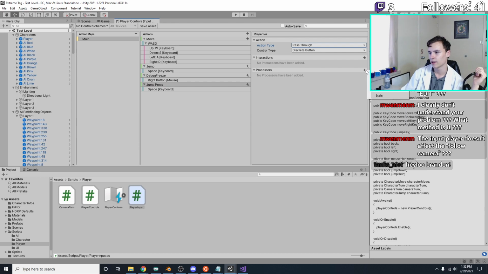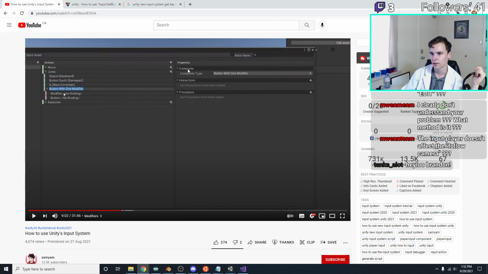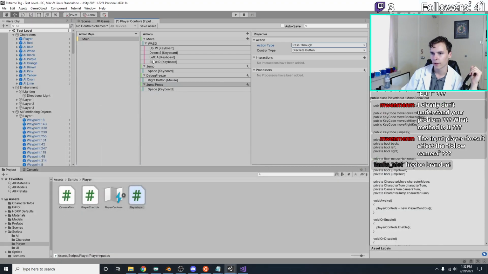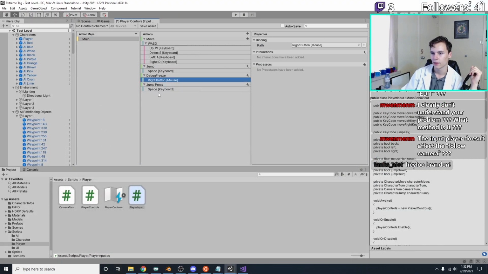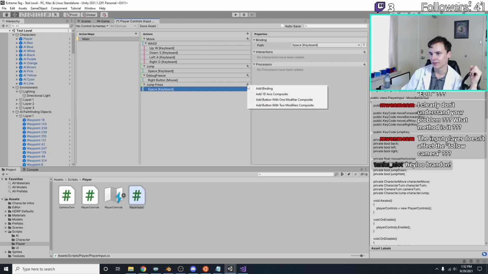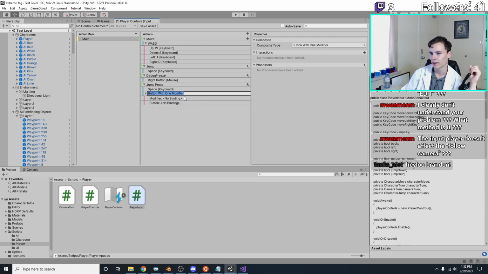What menu is this? Composite. Okay, so button with one modifier. Okay, so if I do something like this? Or from here I go, no, what? Yeah, I don't know what I'm doing, but I'm figuring it out. Is it from this? A button with one modifier composite. Okay, so can the modifier have to do with